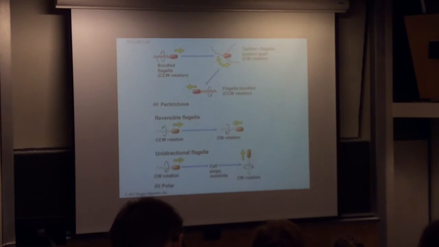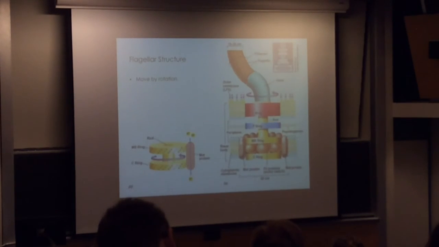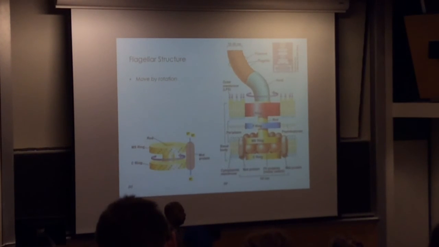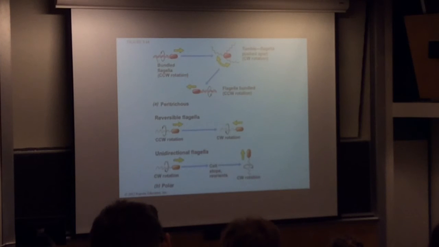That is why the hook is important, because it turns the flagella away from the cell at almost 90 degrees. It's almost like the propeller of a boat, right? Because if your flagella is rotating, it will give you the force to move forward. If you are a peritrichous flagellated bacteria, all your flagella will be in the same direction, and then the bacteria can move. Okay? But it's not like a boat which just goes in the direction you want.